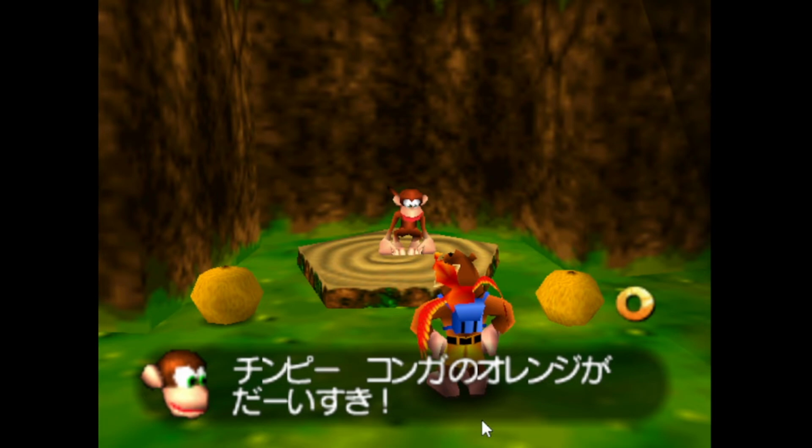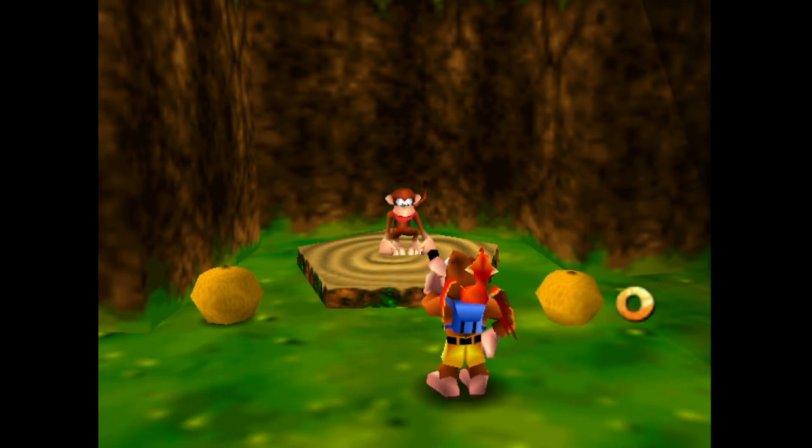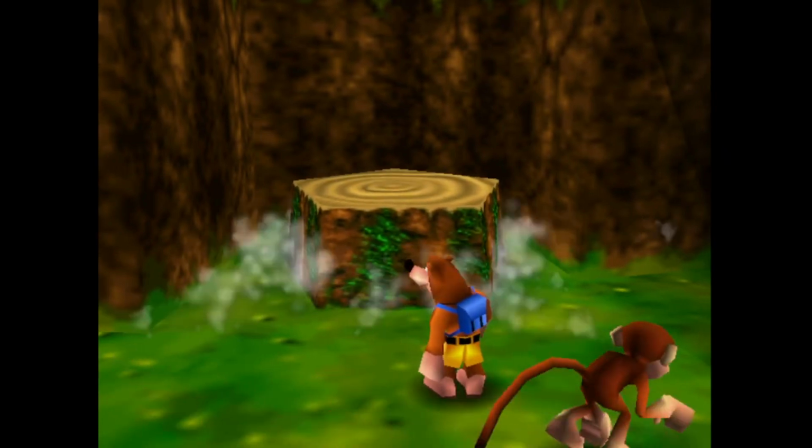Or less literally, it's like I love Konga's oranges. But this doesn't function as a verb in Japanese, so just be careful. Kuma-san, kore wo ageru ne. So Mr. Bear, this I'll give to you, and then kind of won't I, a bit of a weird thing to translate, but yeah.